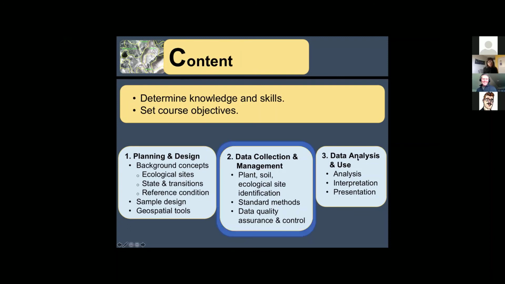Now, many instructors will focus mostly on the data collection and management, and some focus solely on this portion, but we really do encourage instructors to include material from planning and design. As Nelson pointed out, it's really important, and then the data analysis and use. And this provides the students with an entire picture of the monitoring process, which should increase data quality.